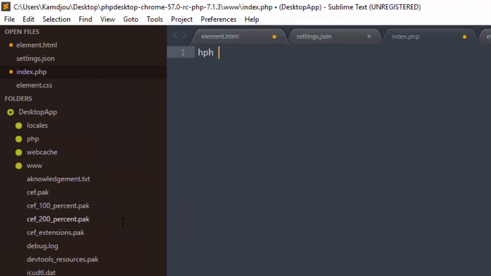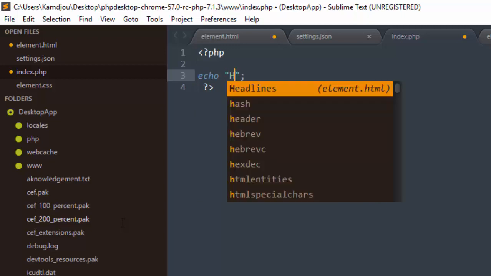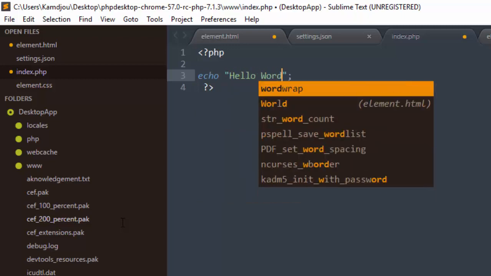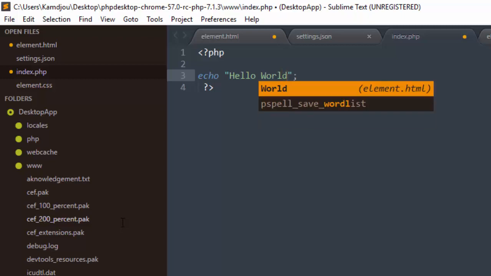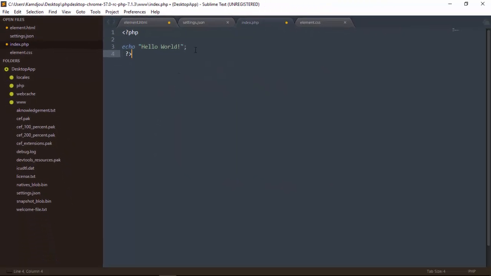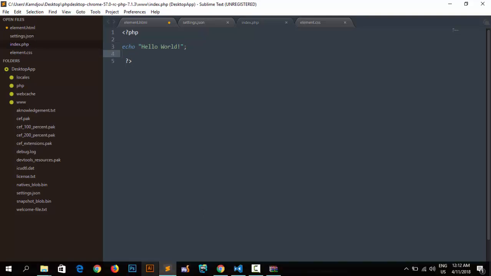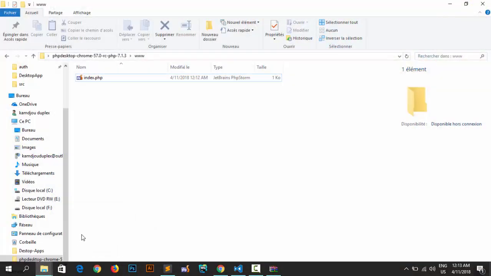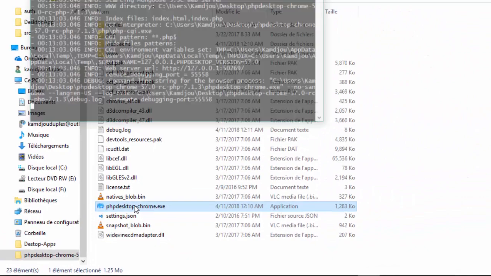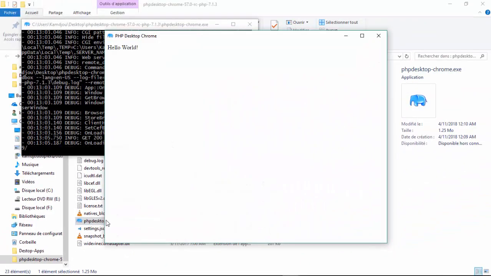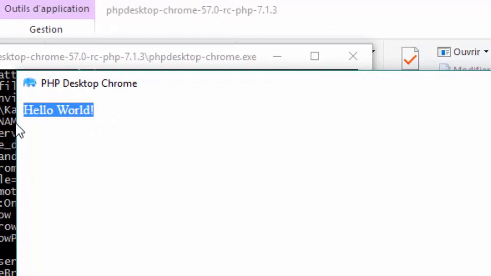PHP, sorry, and we just say show hello world, and that's it. Just save. When saved, we can execute our application. Wow, this is it. We have our Hello World application up and running.